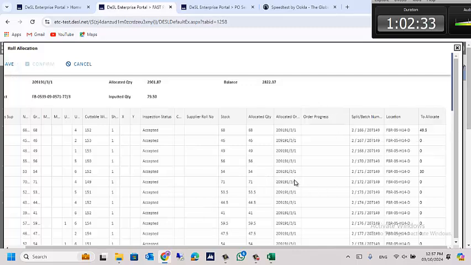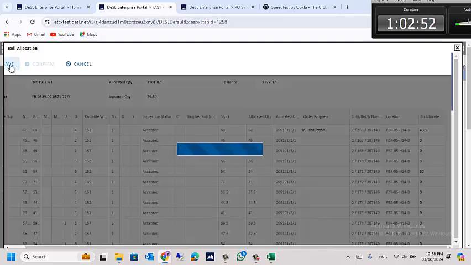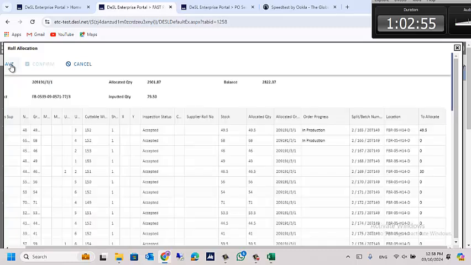Okay, let's say that you selected all rows that you need, unless the order progress is not in production. When I click save, and confirm, I had prepared a different